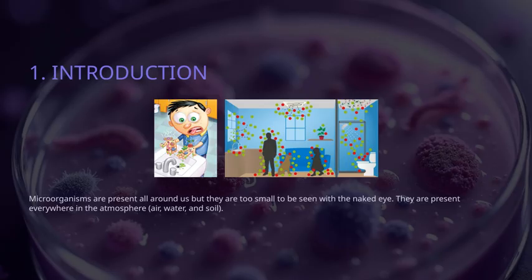Microorganisms are all around us, even though we can't see them with our eyes. They're incredibly tiny, which is why they're invisible to us without special tools. You might not realize it, but these tiny organisms are everywhere, in the air we breathe, the water we drink, and even in the soil that plants grow in. Understanding that microorganisms are present in these environments helps us see how interconnected life is and why they play such a vital role in our ecosystem. This sets the stage for the rest of our discussion on their importance and impact on health and the environment.